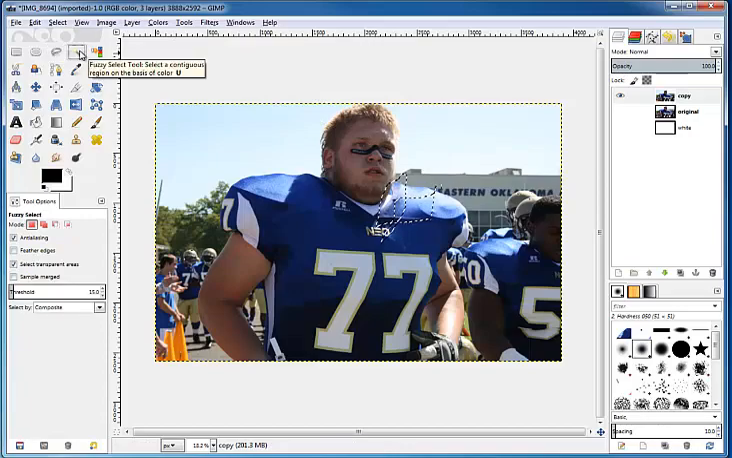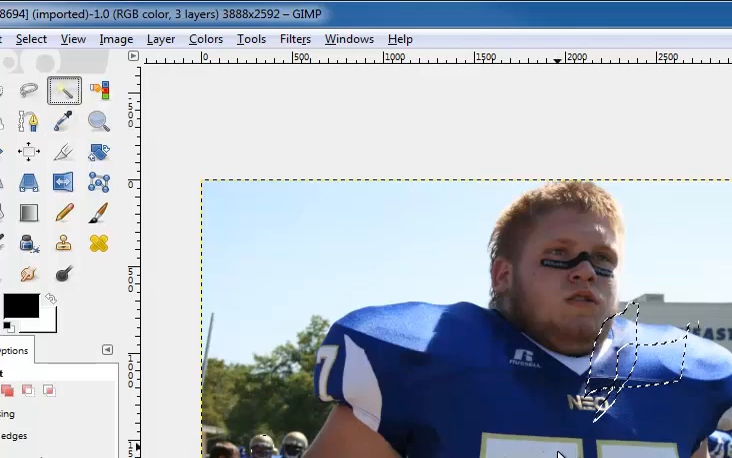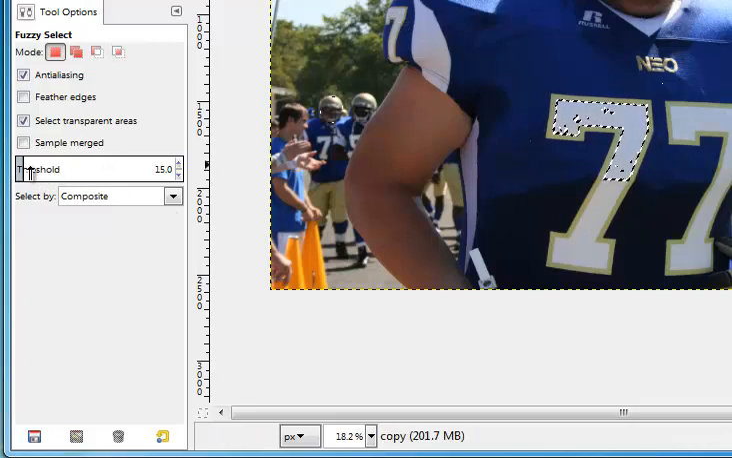The next selection tool is the fuzzy select tool, or the wand tool in Photoshop as it's called. You can use this fuzzy select tool and it's going to grab everything within that area. So if I try to grab this number, this white area of number 7, I can click there and notice that it grabs some of it. The reason being is that the threshold or the tolerance is pretty low. I've got